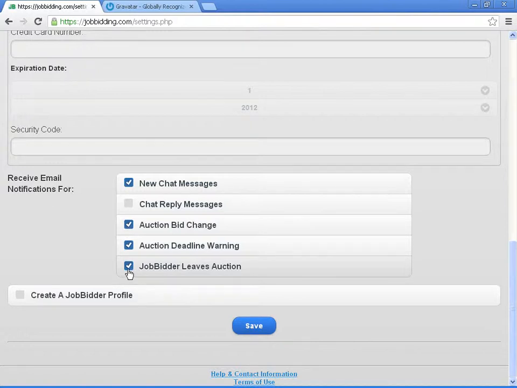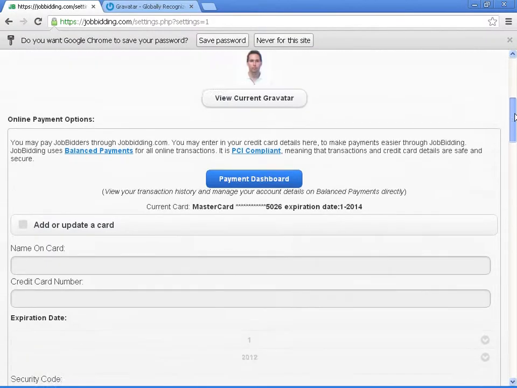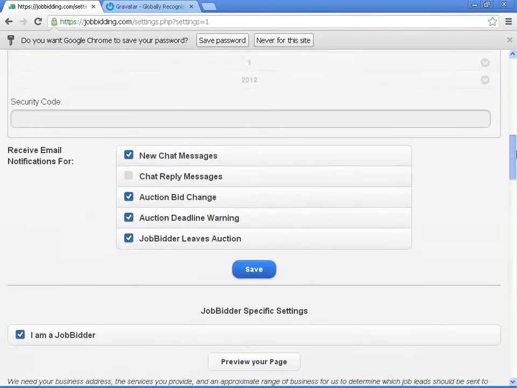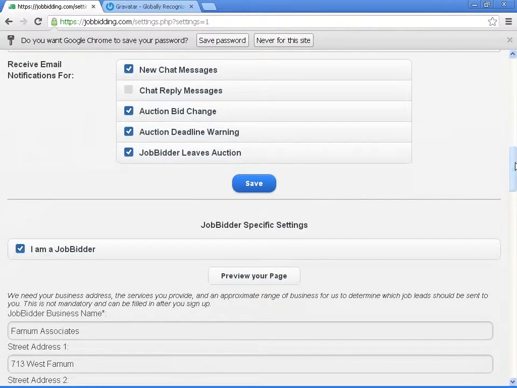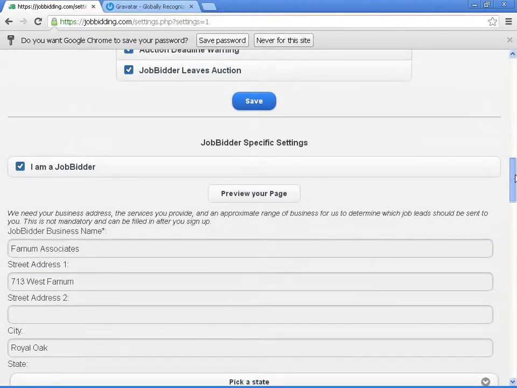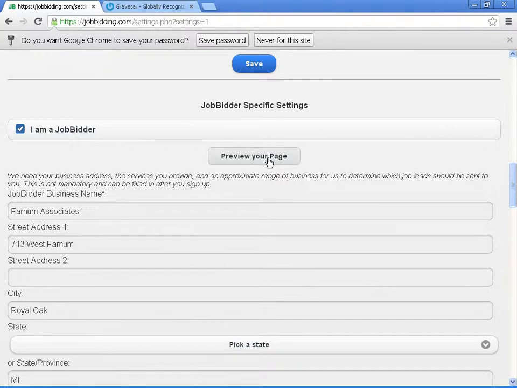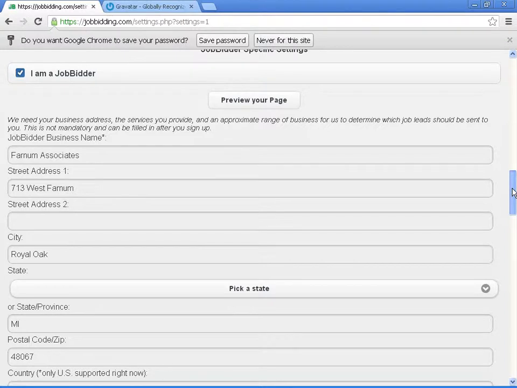Importantly, if you want to become a job bidder, you click on create a job bidder profile. And I'm going to do that now and save. It reloads the page. So here now, again on my job poster settings, right here I see I am a job bidder now. I have this preview your page, which I'll get into in a second. And here it saved the settings that I had before when I was a job bidder. So I basically turned myself off from being a job bidder. So it saved all the settings I previously added,